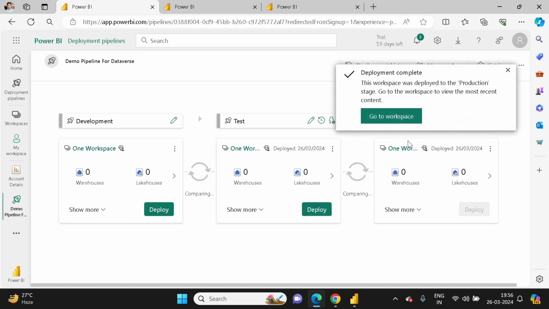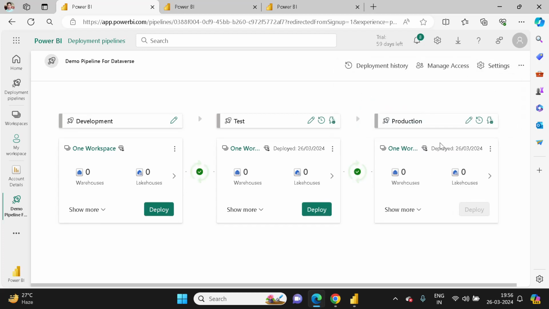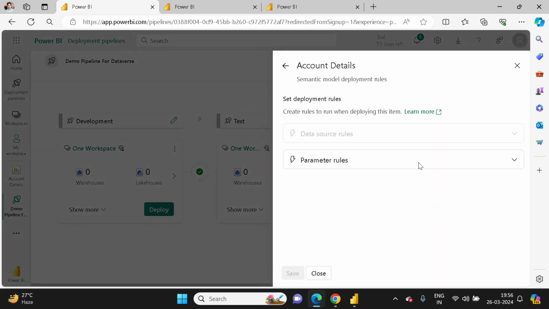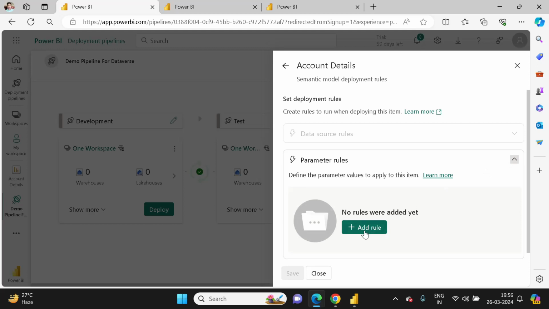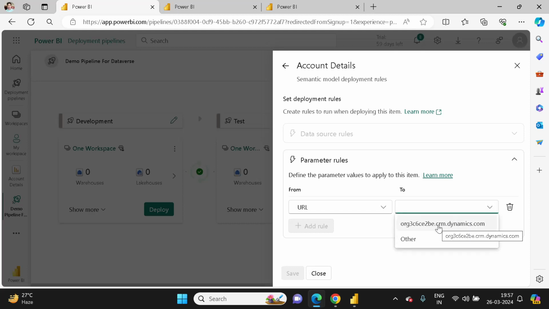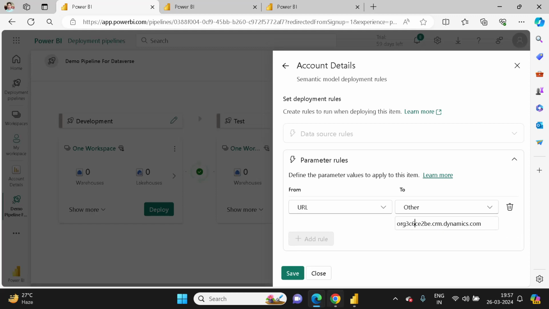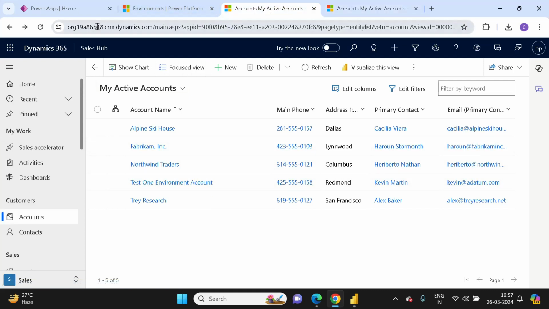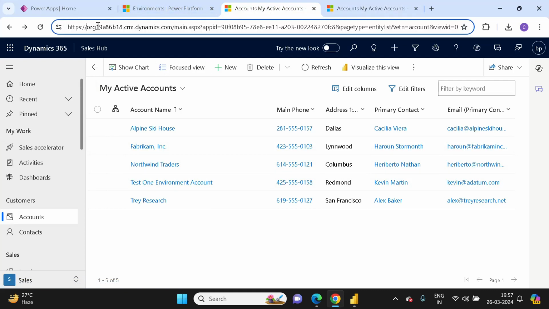Once the deployment is done, a workspace is automatically created, called one workspace production. If I click here now, I can choose the parameter rules. You have to click on add rule and select the parameter which you set in Power BI Desktop, and the value you want to set. If you click on other, suppose I want to point to the first environment again, you just copy the URL